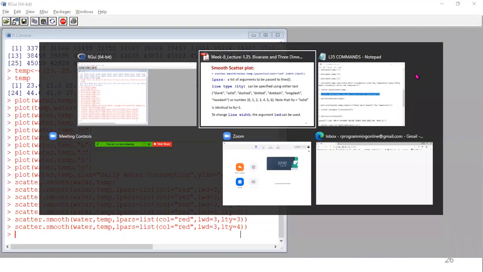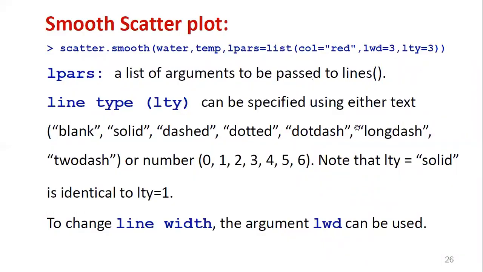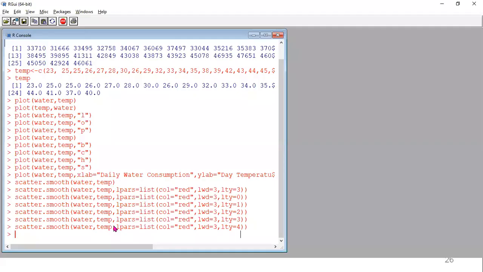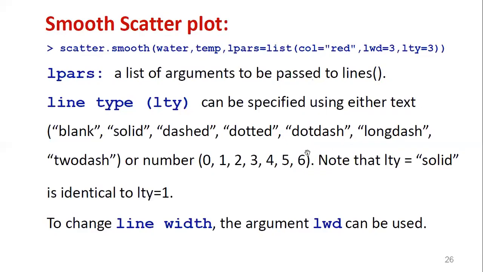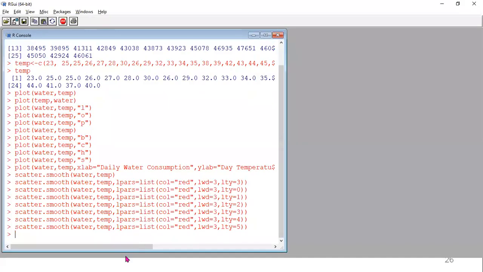Then if you use 5, what is 5? Long dash. You can use 5 and see the long line, long dash. Then if you use 6, the last one, two dash, the combination you can observe.